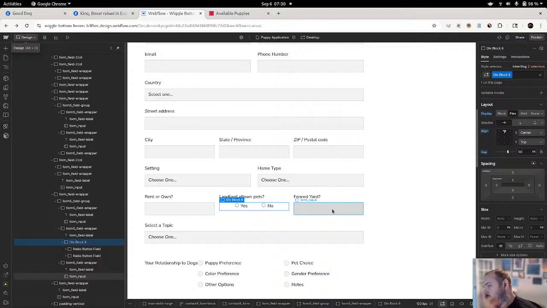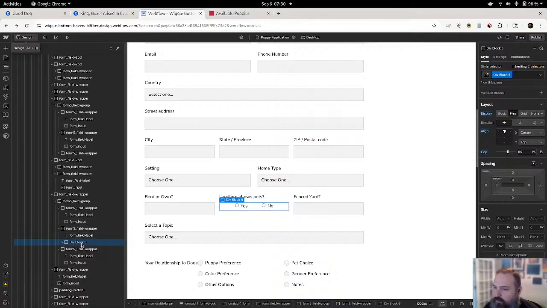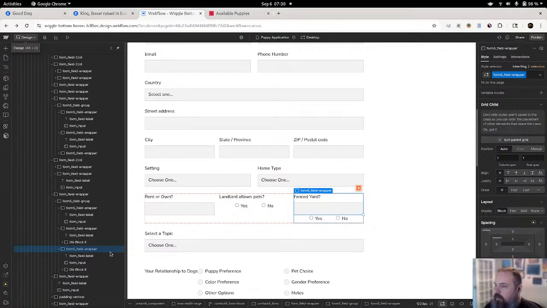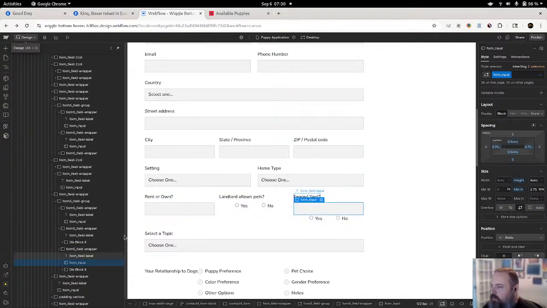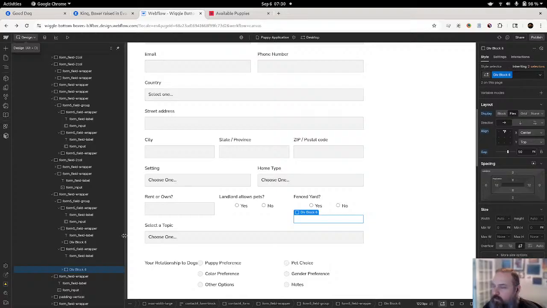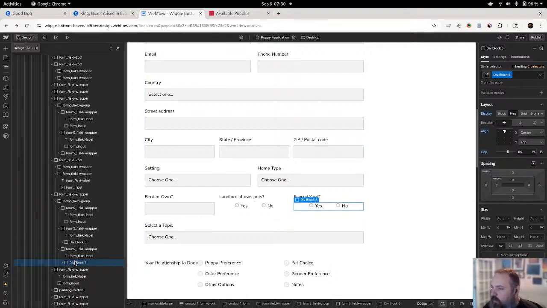All right, we're going to do the same thing here, which basically to save us a little effort, we're just going to copy and paste, and then we're going to delete the field that was there, and that is it.